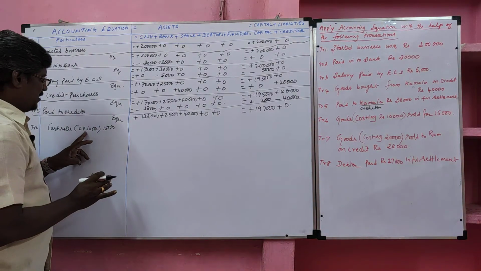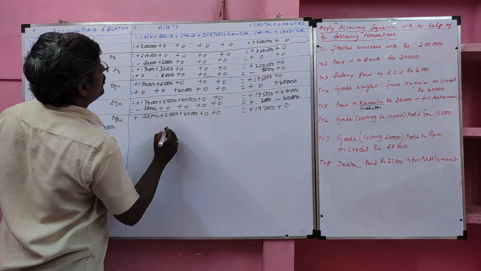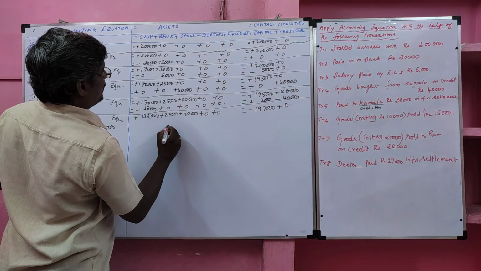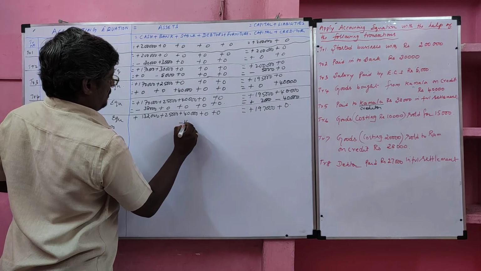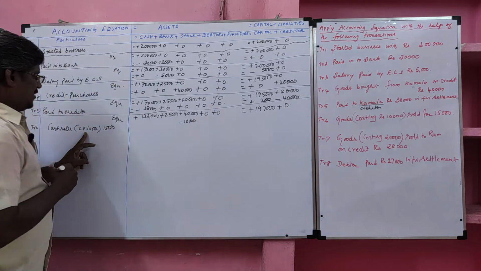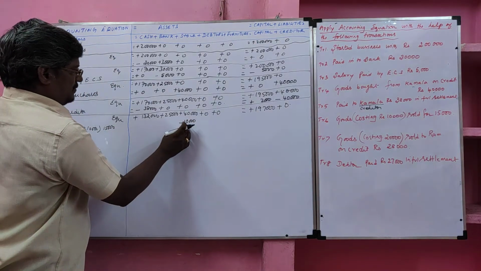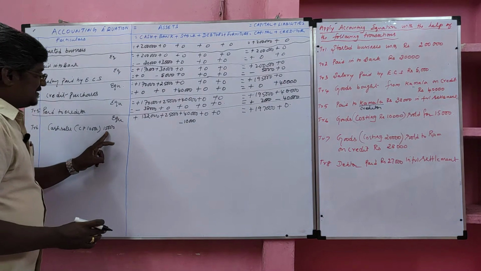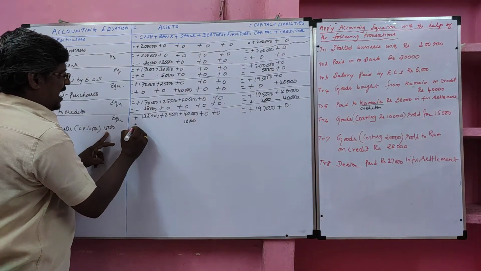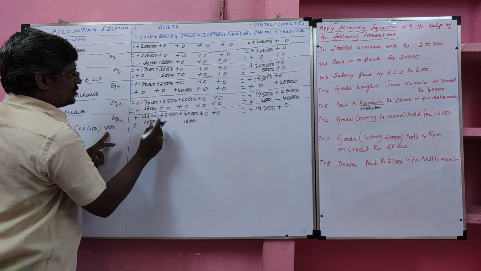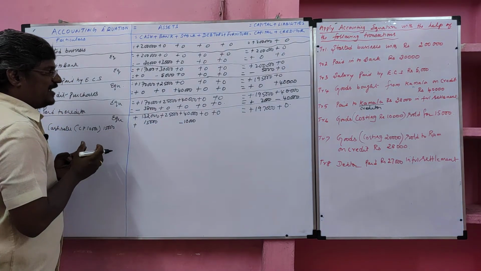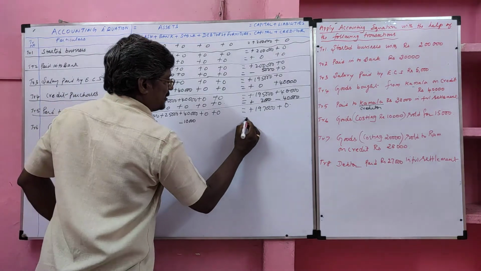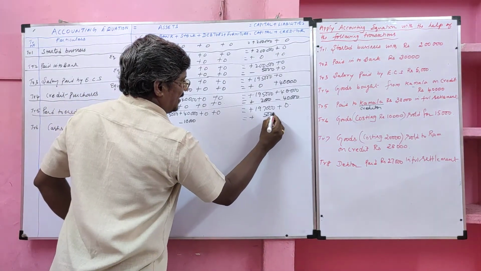We should be very careful. The cost price of the goods should be deducted from stock. The sale value is added with cash. So 10,000 worth of goods sold for 15,000, and we gained a profit of 5,000. That should be added with the capital.